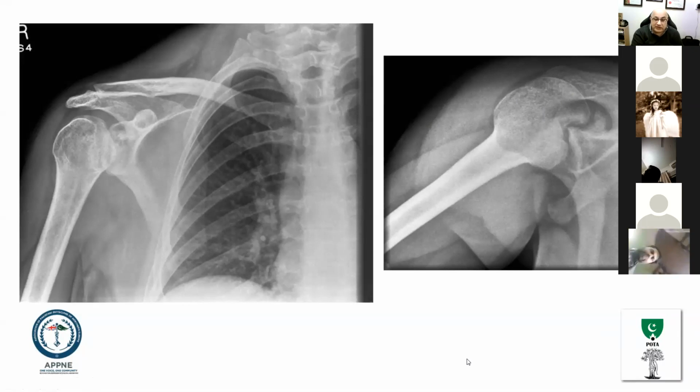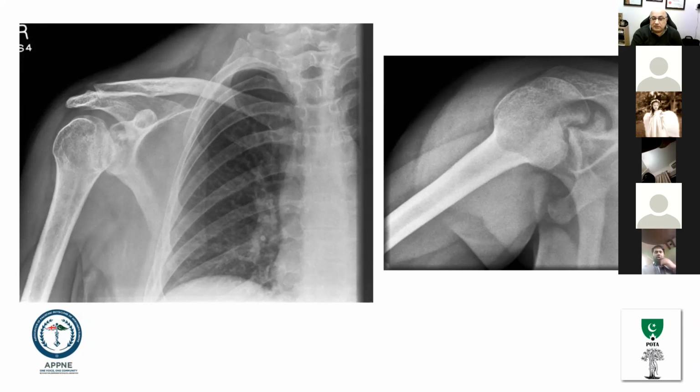Now that I've told you that it's an unstable dislocation, and it's a long-standing posterior dislocation, for definitive treatment, what's the definitive? The definitive treatment depends on what age the person is, the activity level, and if it is below 65 or above 65. If it is above 65, we will go for the shoulder replacement. If it is below 65,